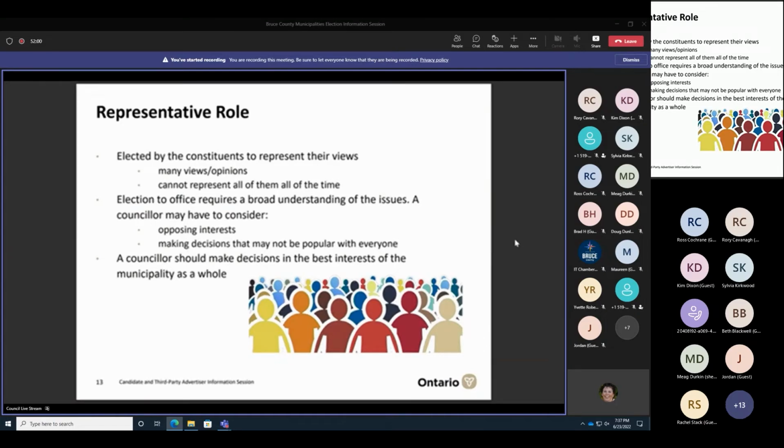To recap, council is the primary policy-making body of the municipality, while administrative staff is responsible for carrying out council's policy decisions. The two roles are distinct, but there is some overlap. So although staff is responsible for implementing a policy, council may wish to develop appropriate reporting mechanisms to help ensure that the policies are being carried out as intended and as effectively as possible, and so that council can follow implementation